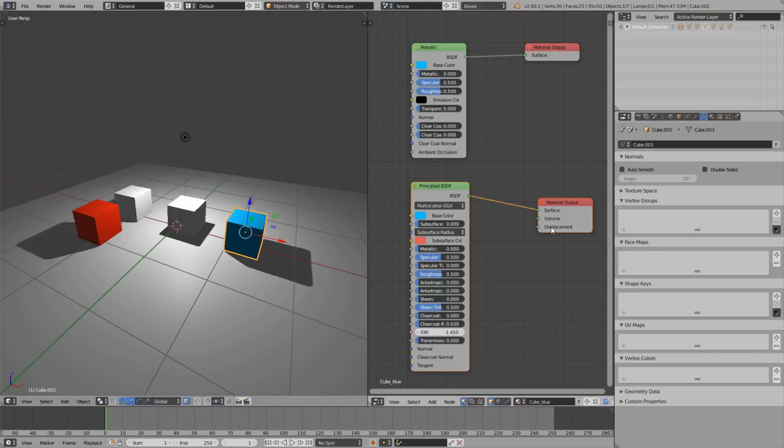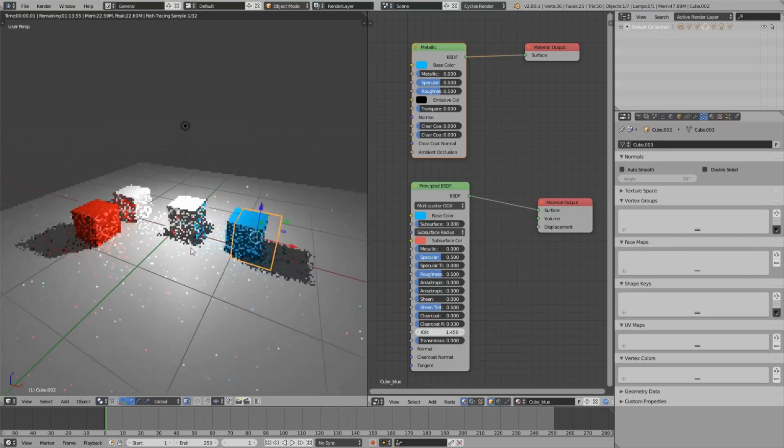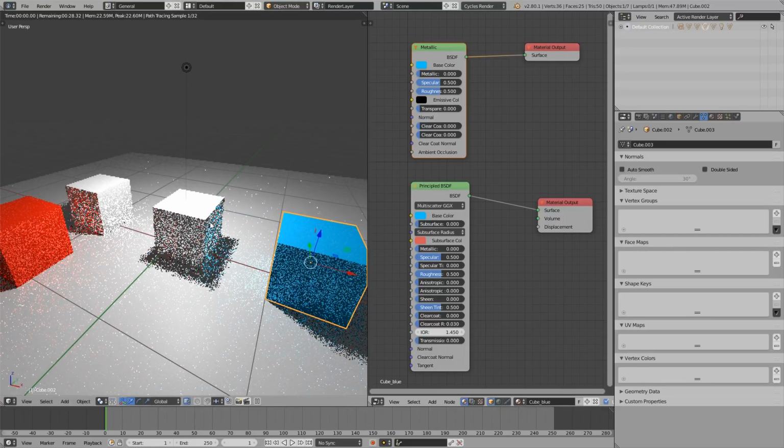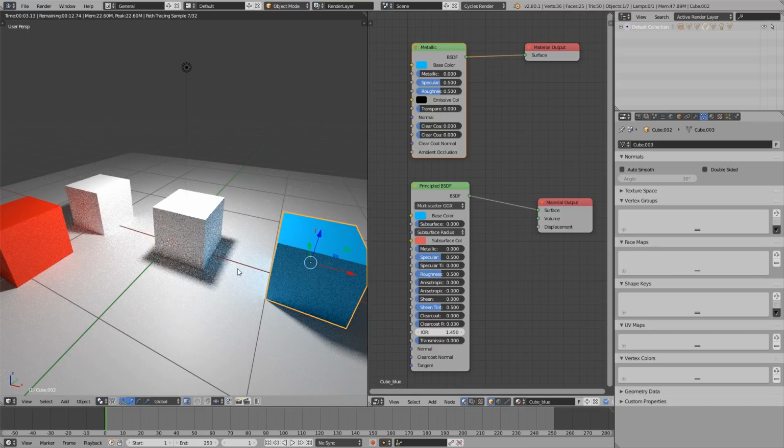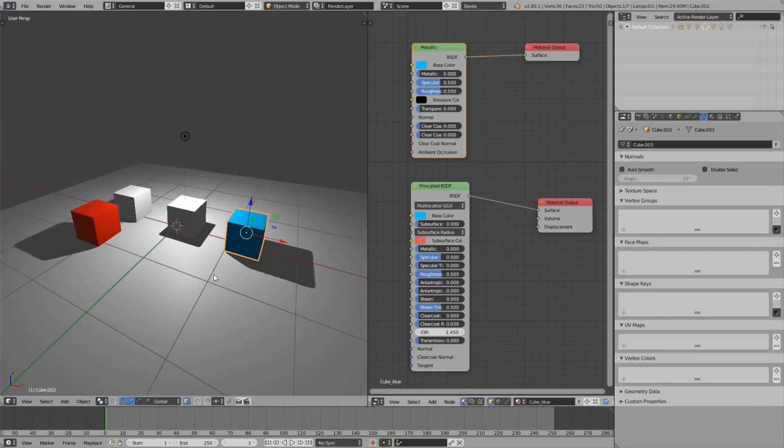And each of these objects has two sets of shaders on, one which is going to kick in for Cycles, which is this principled shader, which has basically the same settings as the metallic shader up above, which is what Eevee is using. So let's take our rendering options and switch over to Cycles. And if we take a closer look in here, you can see on the side of this cube, we've got some blue lighting from this cube, and we've got some red lighting coming in from this cube as it bounces. If we switch back to Eevee, you can see you're not getting any of that,